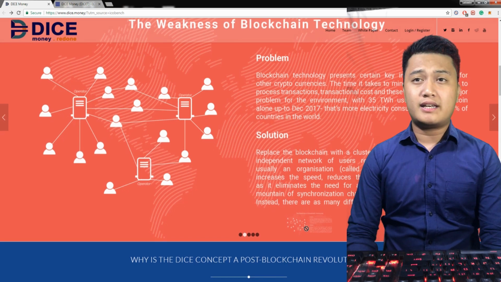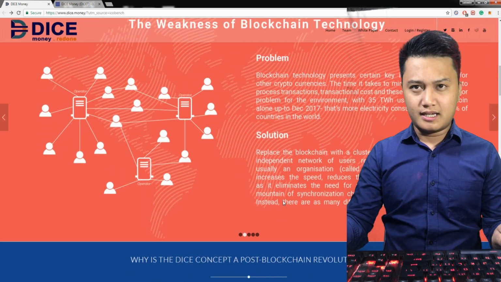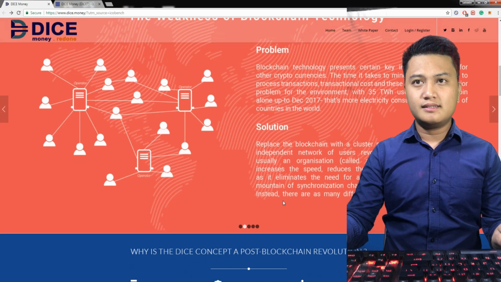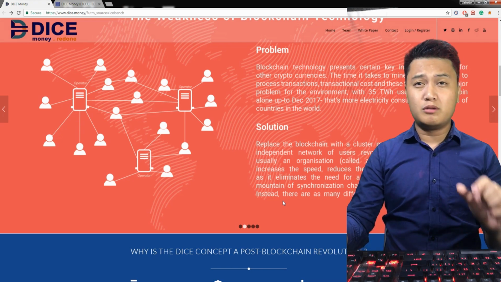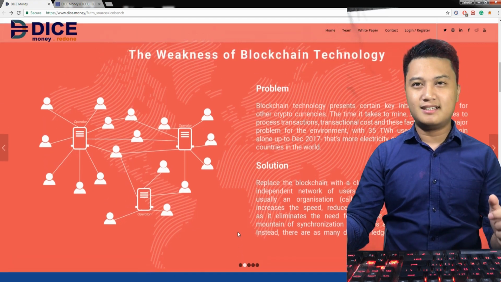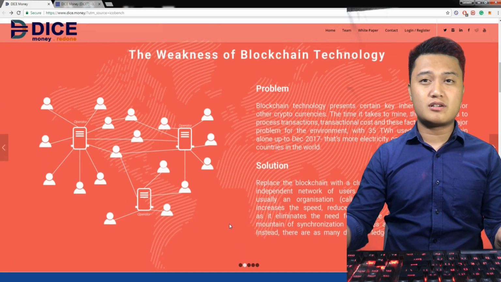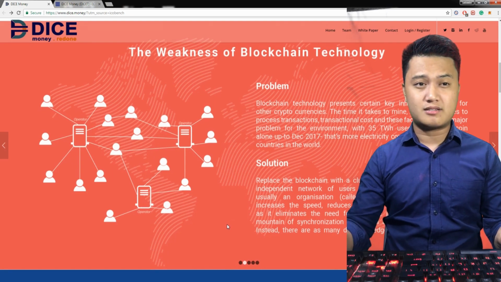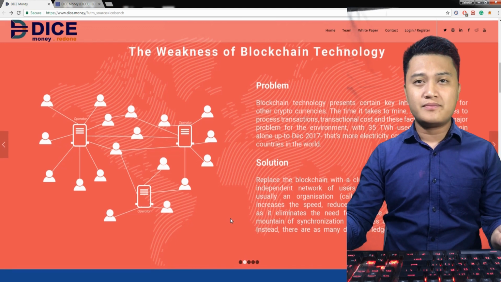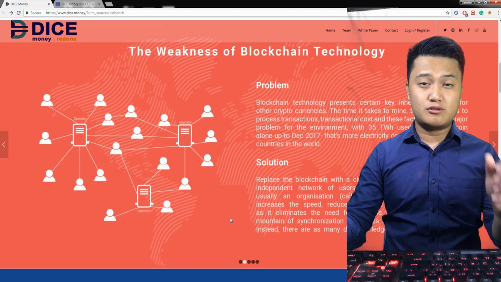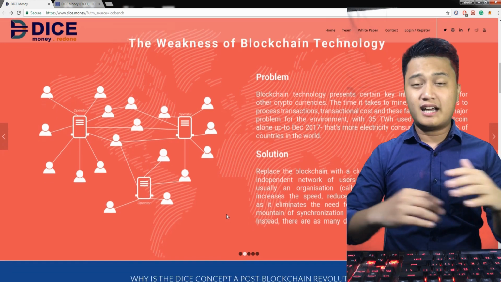So Dice Money also adopts the concept of mining, just like the regular mining today. Every startup company inside the Dice Money platform will be called the operator, and the miners will be the ones to solve the transactions of the users from these startup companies. So it is like the traditional mining today. The only difference is the miners can choose as many operators as they want inside the Dice Money platform.